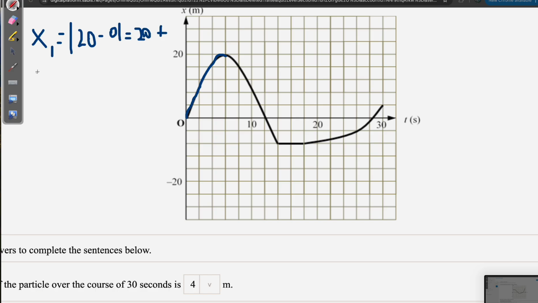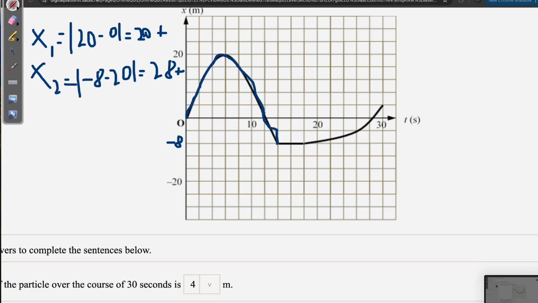plus x2. We start from 20 and we go all the way down to negative 8. So again, absolute value of negative 8 minus 20. This will give us positive 28 plus,